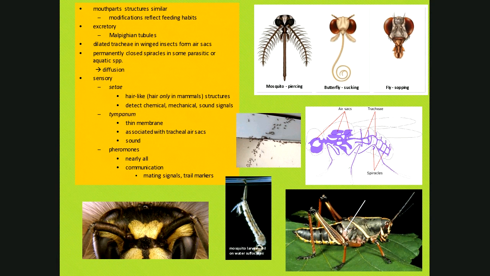Many insects, of course, in the middle picture are the ants, have pheromones, okay? And pheromones are an interesting chemical. Pheromones, think about external hormones. Pheromones are chemicals released into the environment by an organism that transmits a message. It could be a mating signal. Many species of insects, the females will release a pheromone into the environment. When it's time to mate, males will smell that pheromone and find a mate.